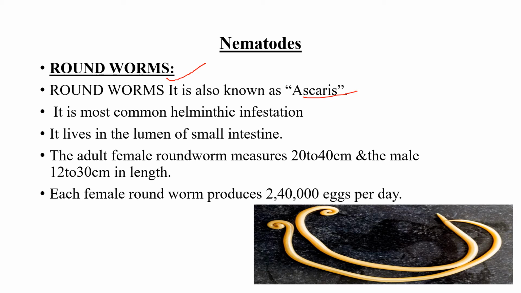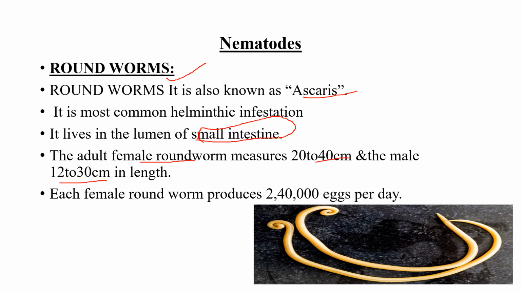It is the most common type of helminthiasis infestation that we have. Where is this roundworm present in our body? Once the roundworm enters our body, it colonizes in the small intestine. Next, let's see the length of this worm in male and female. The length of the roundworm differs between male and female. For the female, the measurement is around 20 to 40 centimeters, and for the male it is only 12